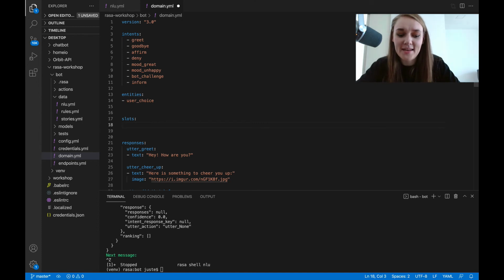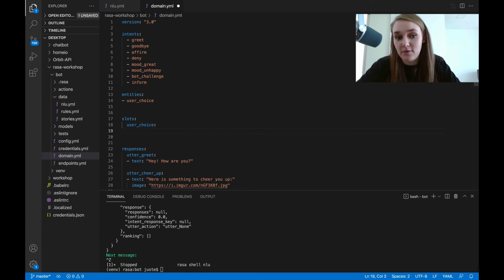And now we can provide the name for our slot. I will call it exactly the same way, user choice. You can call your slots any way you want. It just simply has to be representative of what kind of information that slot will be storing. And now we have to provide a few details about the slot. First of all, we have to provide the type. Unfortunately, this is not part of this workshop, so I will not go into details here, but I will provide the type any for this slot, which means that